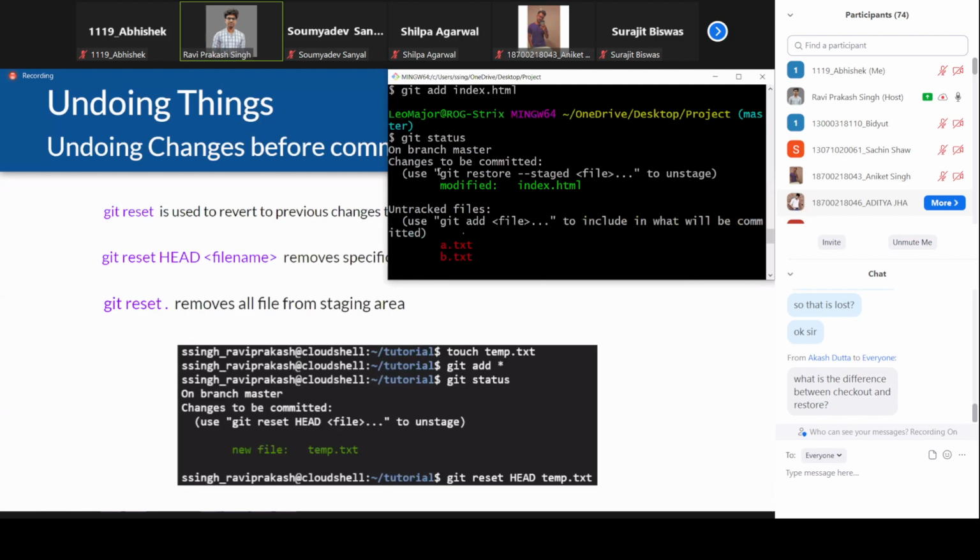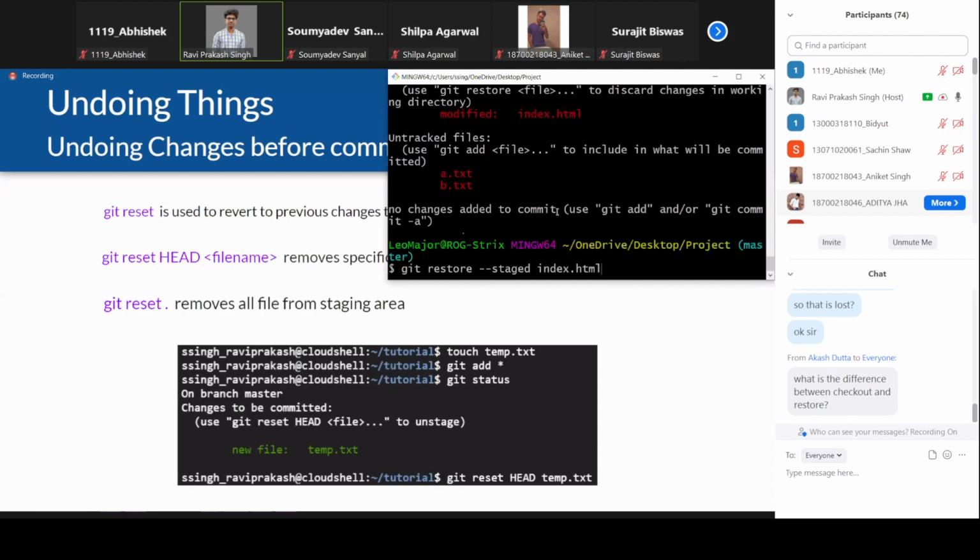In fact, you will see this command if you use git status, which shows that this change is now in the staging area. If you want to unstage, you can use git restore --staged and the file name. And here also you can do the same thing you were doing with git add or git reset: if you provide dot, it will unstage every file which is present in the staging